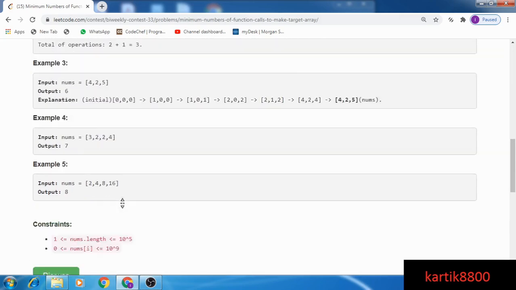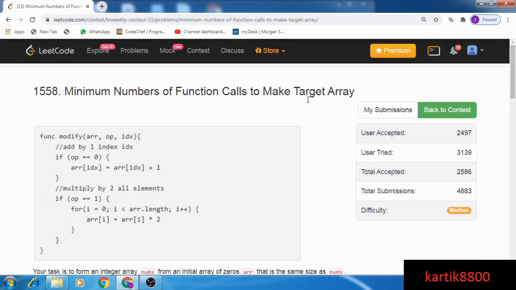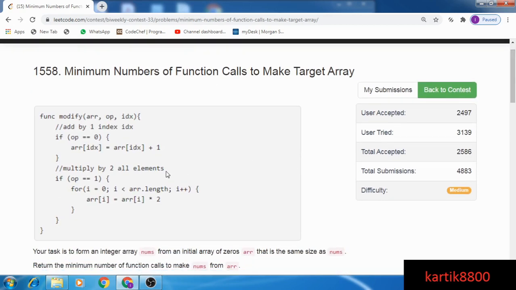Let's think about it in a reverse direction. Instead of going from 0 0 0 to the target array, I go from the target array to 0 0 0, and these operations basically change. If I'm currently at a state, I reached that state from a past state, right? And that could be any state, either divide by 2 or minus 1 at one of the indices.